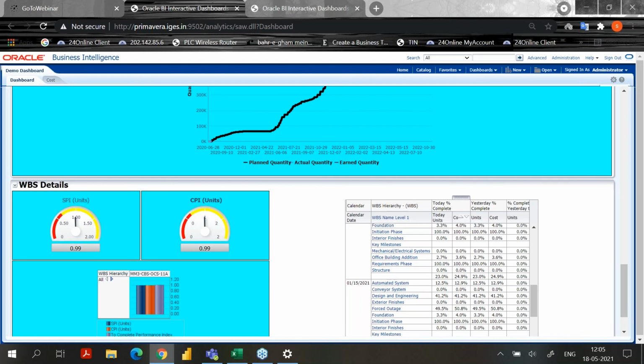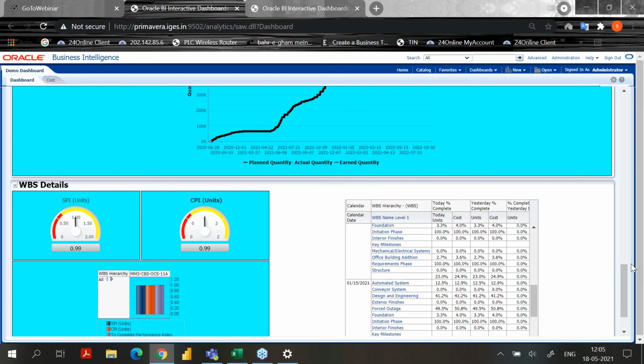So that's why it is showing today percent completed, yesterday percent completed, based on the daily plan and feedback we are getting from contractors and everything. So we have created one field, and we have added it here. If you want to see it in a graph, we can also prepare this in a graph.